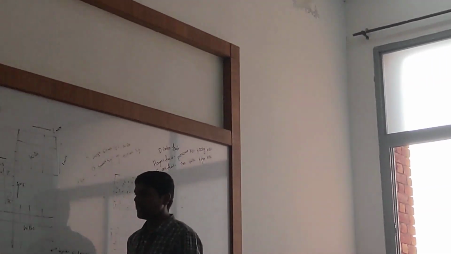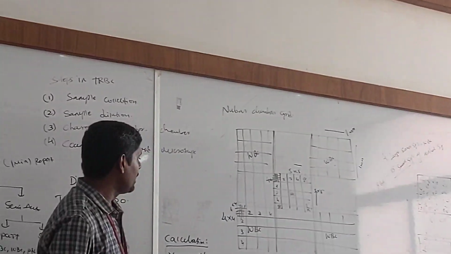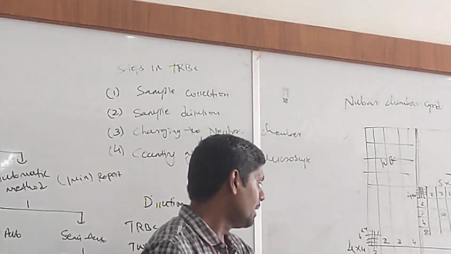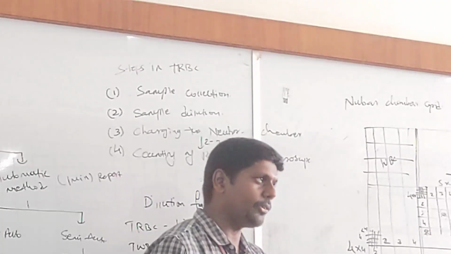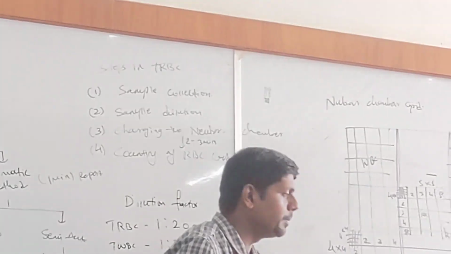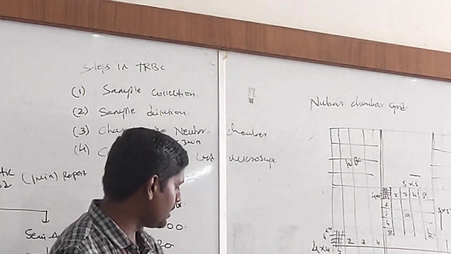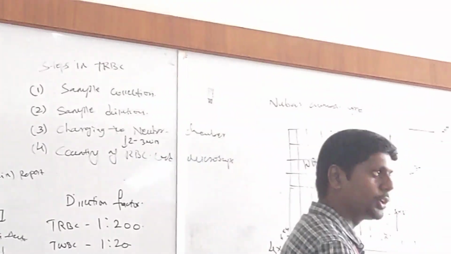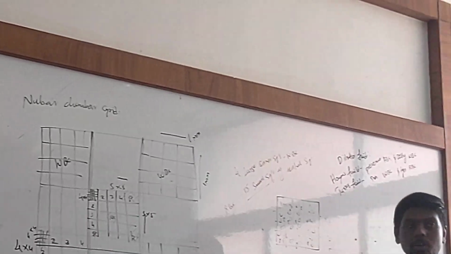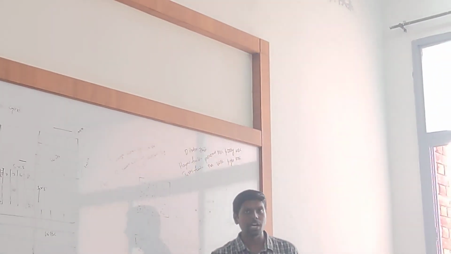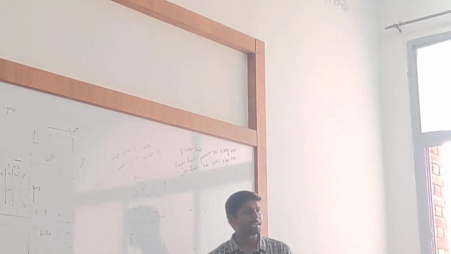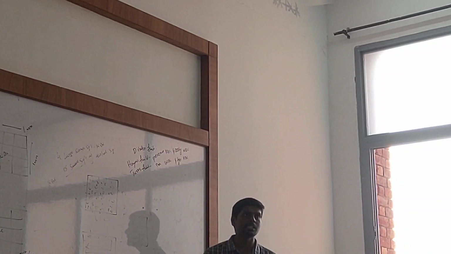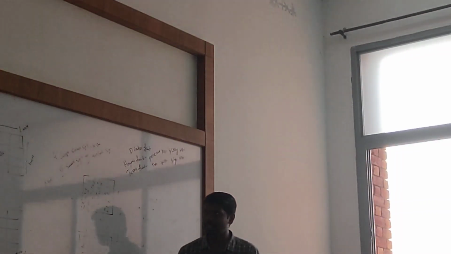How we got N into 10,000: the volume of 5 squares is 1/5 into 1/5 into 0.1 depth for 5 squares. So for a cubic millimeter of blood, that will be 1/5 cubic millimeter, and the number of cells in 1/5 cubic millimeter is N. So the number of cells in a cubic millimeter is N into 5, and with the dilution factor of 200, 5 into 200 is 1000, and into 10 for depth, so N into 10,000 is the calculation. Then you will start counting the cells and you will get a value. So this is all about the TRBC count.